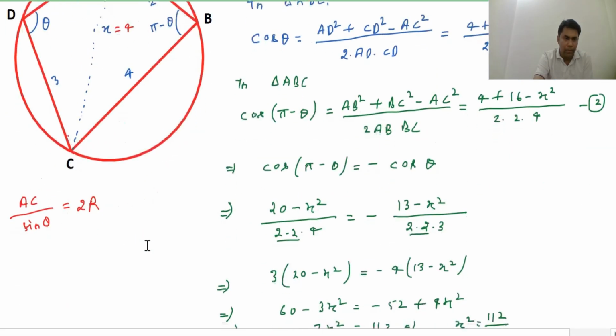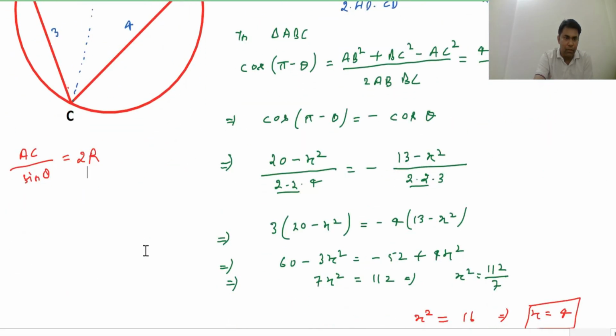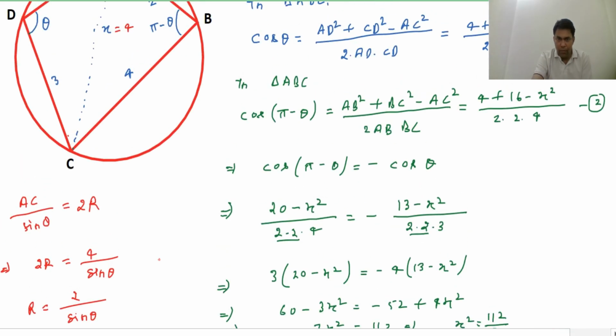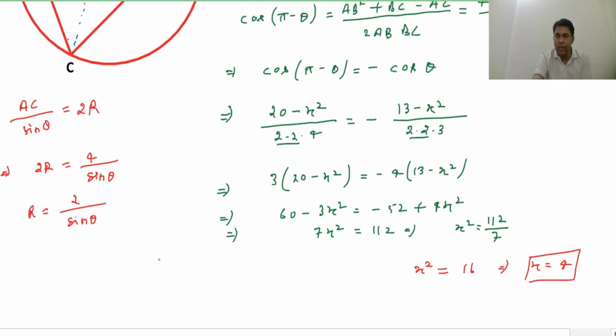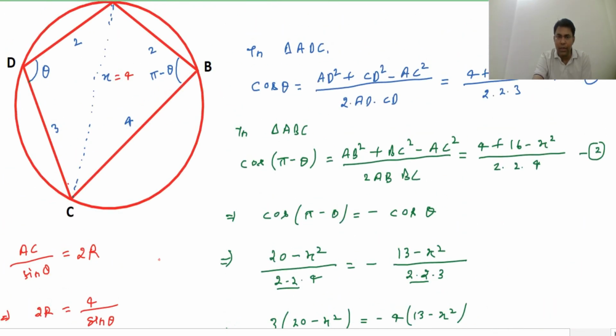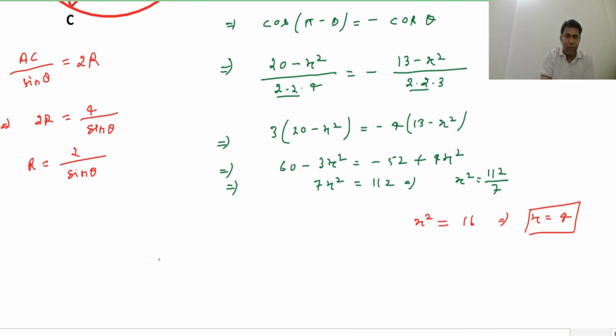So from here we can write AC is in fact 4. So 2R is equal to 4 divided by sine theta. From here we can write R is equal to 2 divided by sine theta. So our objective here is to find out the value of sine theta. If we apply the value of x equal to 4 in one of the cosine rules, if we put the value of x in cos theta